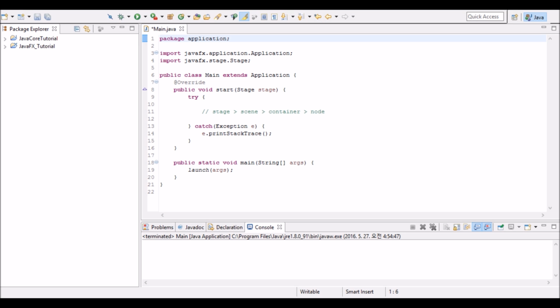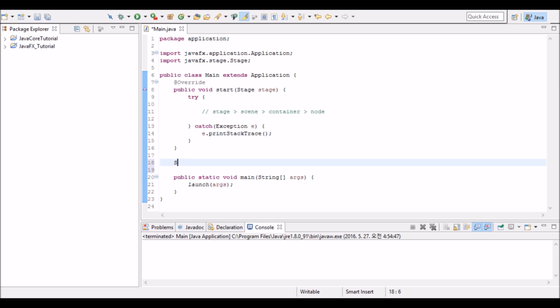Unlike previous tutorials, I'm gonna create the scene and container object at the bottom of the start method so I can have relatively flexible access to the objects. So scene equals new Scene, and we need to put a container, and as I said, grid pane is a container, so GridPane.